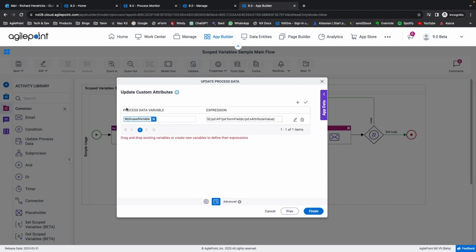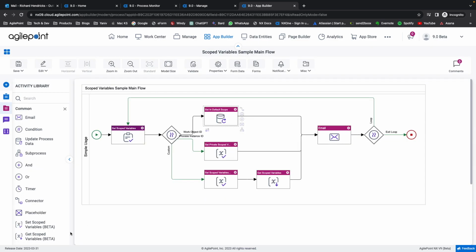Quite simple. You just provide the name of the variable and then the expression for its value, and it will be stored in the work object ID, because again the work object ID is the default scope being used to store any of your form or process data. This activity does not have the option to select in which scope. It will always store into the work object ID, and that's part of the reason why the new set scope